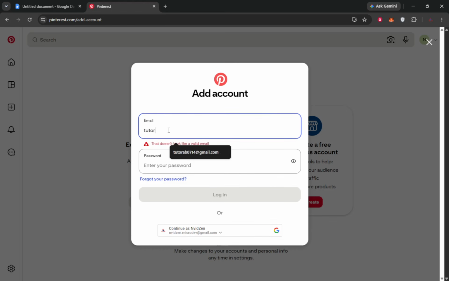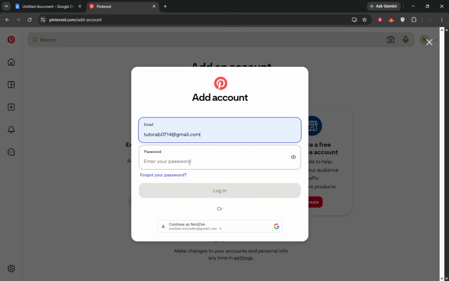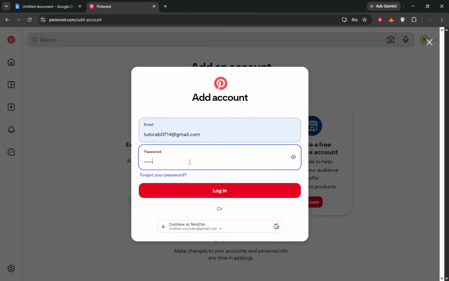On this login screen, enter the email and password for your other Pinterest account. Take your time here and make sure you are using the email tied to that second account, not the one you already signed in with. As soon as the details are correct and you continue, Pinterest links that second account to your app or browser. You will know it worked when the screen returns to Pinterest and does not show any error message.